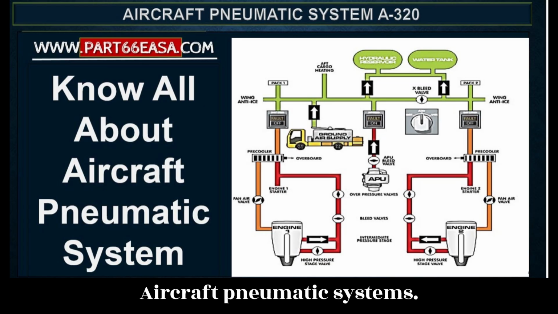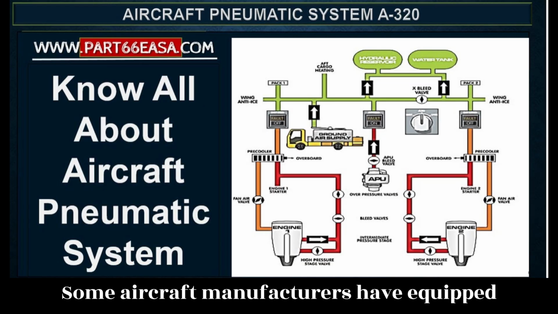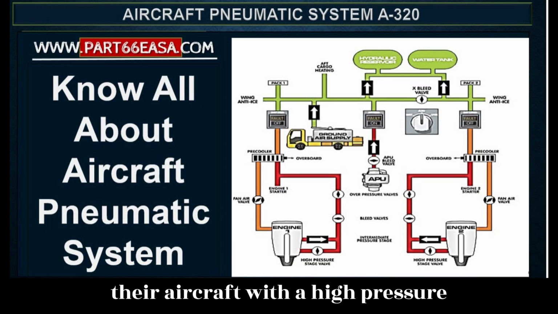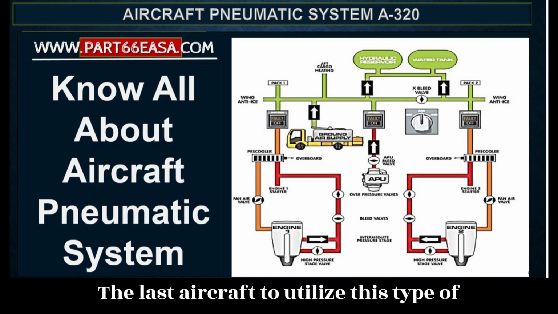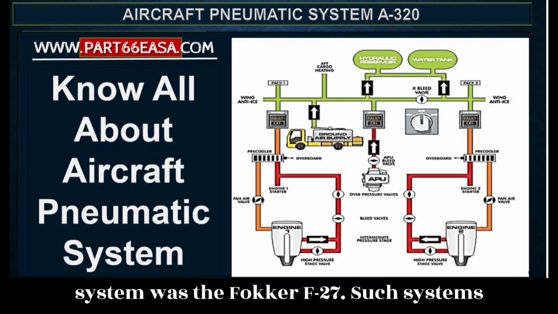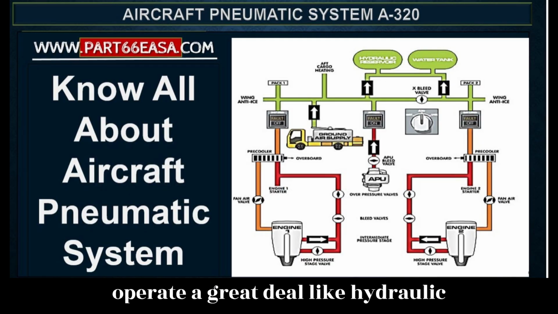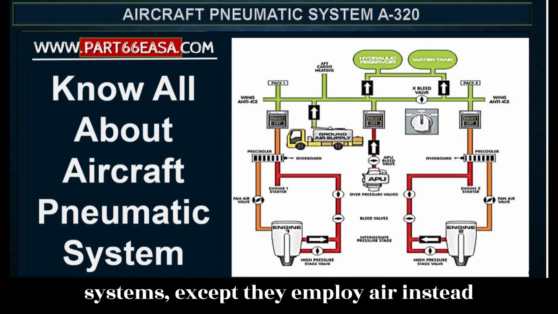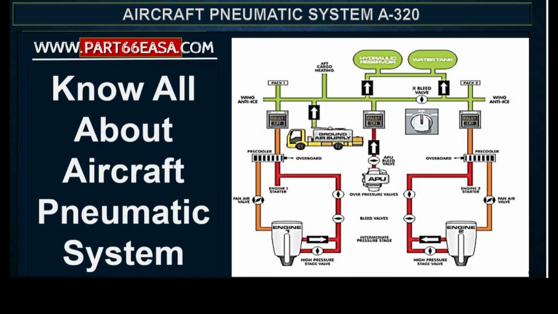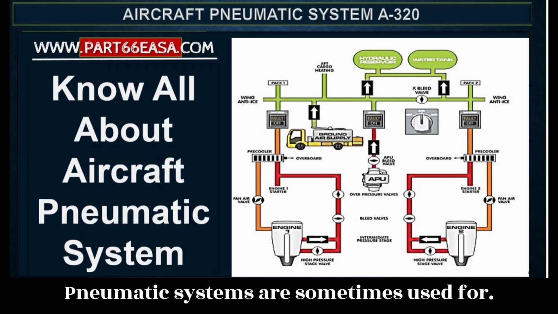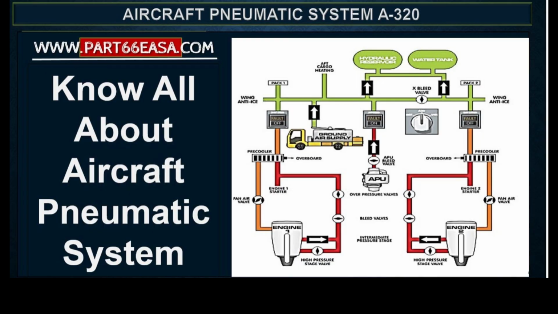Aircraft pneumatic systems. Some aircraft manufacturers have equipped their aircraft with a high-pressure pneumatic system, 3000 psi, in the past. The last aircraft to utilize this type of system was the Fokker F-27. Such systems operate a great deal like hydraulic systems, except they employ air instead of a liquid for transmitting power. Pneumatic systems are sometimes used for: